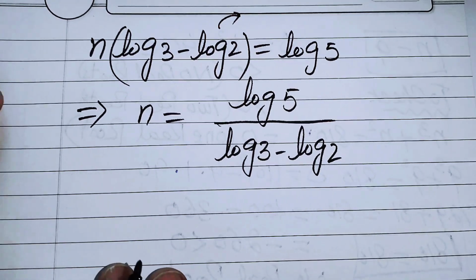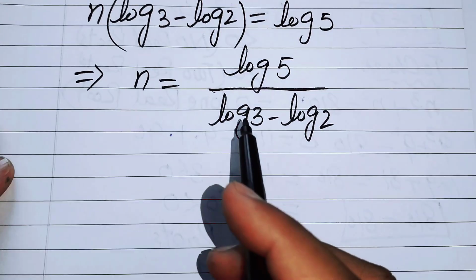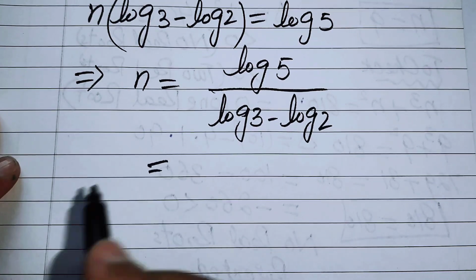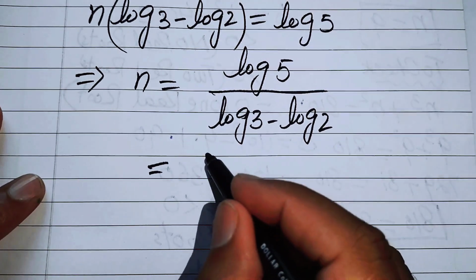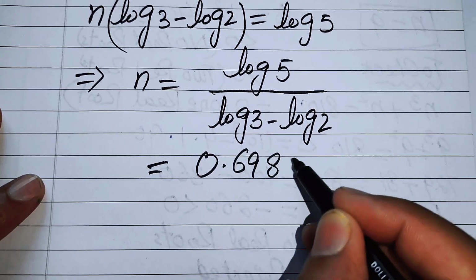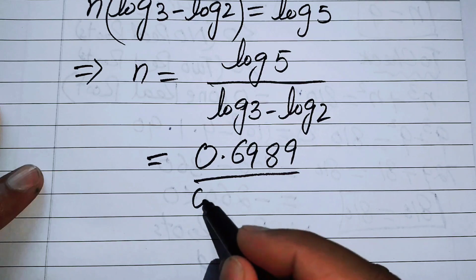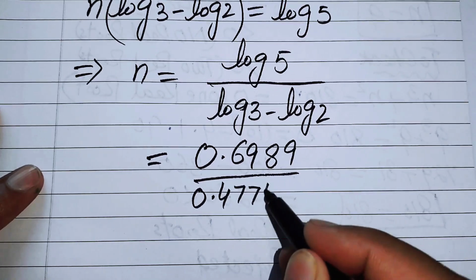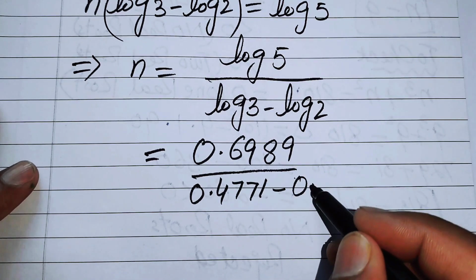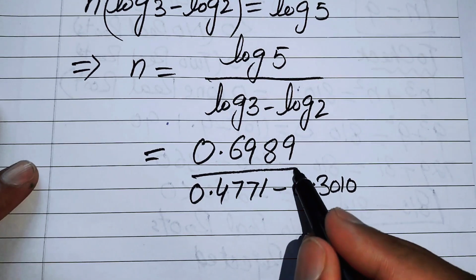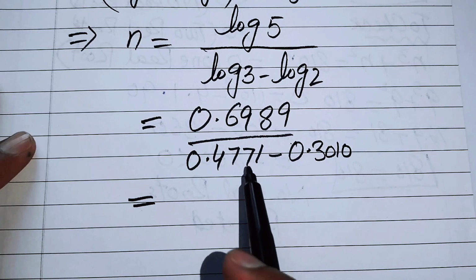log of 2. And now we can use the logarithmic table or calculator in order to find the value of these logs. The value of log 5 is 0.6989, over here you have log 3, and the value of log 3 is 0.4771, minus the value of log 2, which is 0.3010. So now we will use the calculator in order to subtract these two values and divide the values,